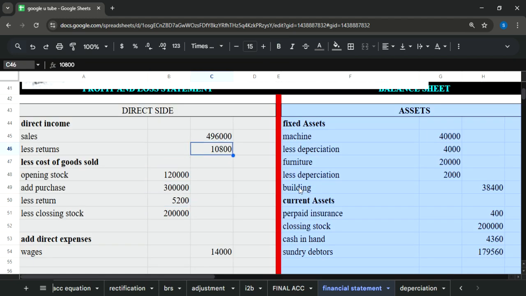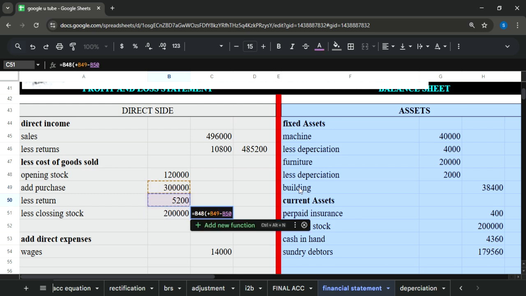start our calculations. So let's find out net sales. How? Sales minus return, you will get your net sales. Next part is to get the initial element of cost of goods sold. How? First you will take opening stock, then you will add purchases, you will subtract its returns and subtract closing stock. We have got the first part